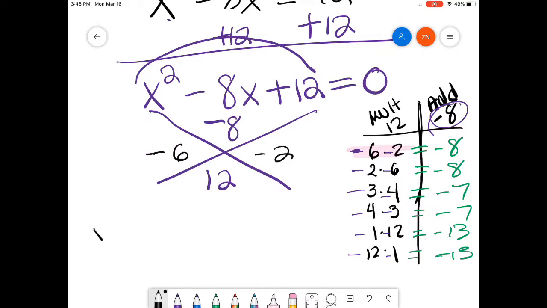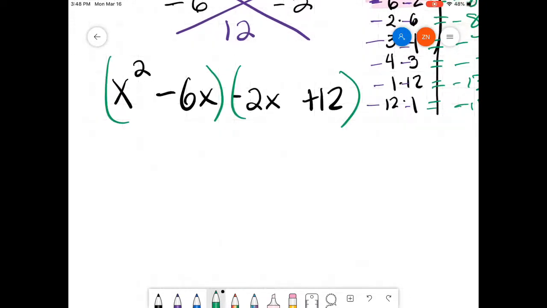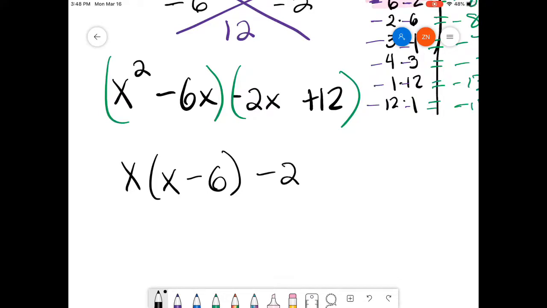How do I write that? You have your x squared, you have your plus 12. In between, I now have negative 6x and negative 2x. Group, factor. So between x and 6x, I can take out an x, and that gives me x minus 6. Here I can take out a 2, so minus 2, and that would become x minus